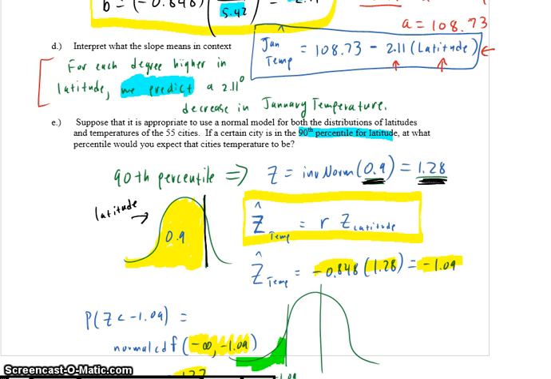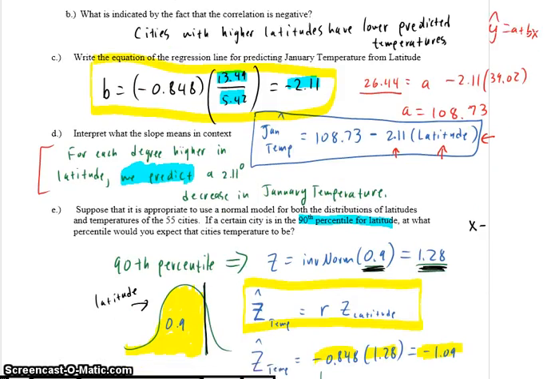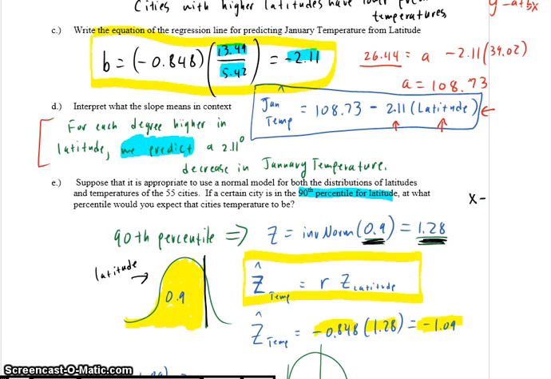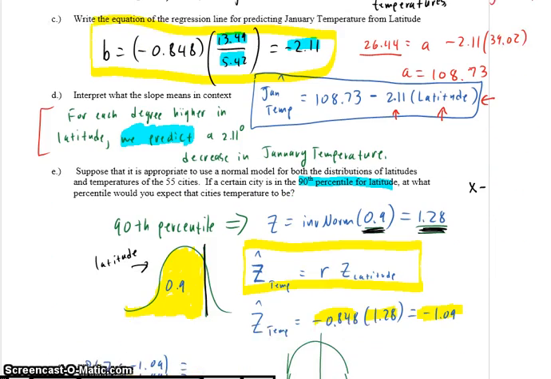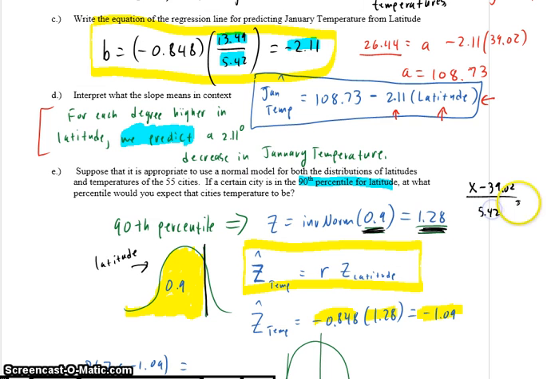Now, we could actually then find the actual value of that percentile by plugging in, x minus the mean, 26.44. Now, is this latitude? Yeah. No. So 39.02 over that standard deviation, which is 5.42. And we could set that equal to 1.28 and solve for x. However, we don't need to do that. We discovered in class when we were looking at those suns and heights that